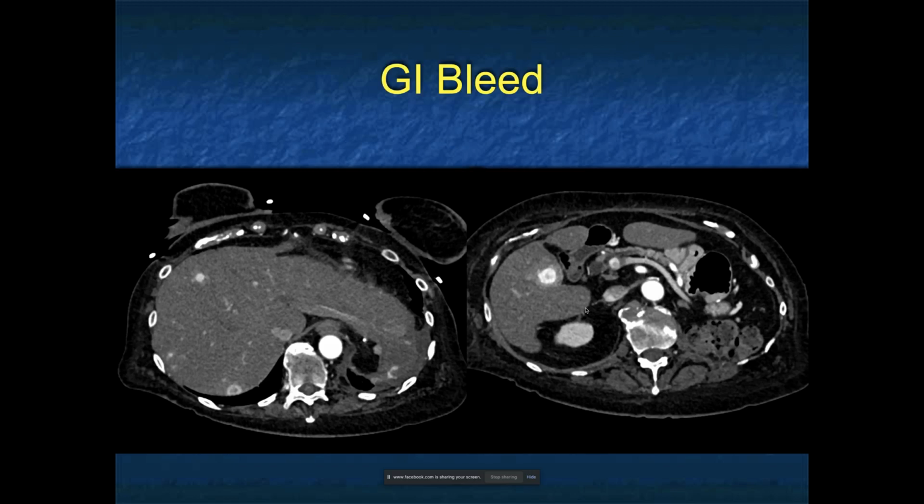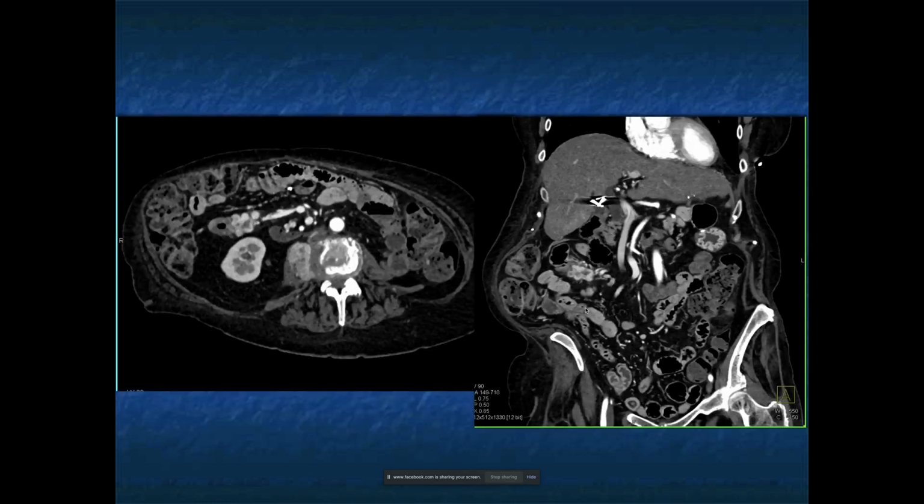So this is a patient with GI bleed. When you look at the images, the first thing you see are multiple vascular lesions in the liver. So I'm asking, why is there a GI bleed? Well, you see the vascular lesions in the liver. One of the key things to notice in this case is that you see part of the right kidney, but you notice the spleen is missing and the bowel is falling by the left renal fossa. That's a very, very important hint for you.